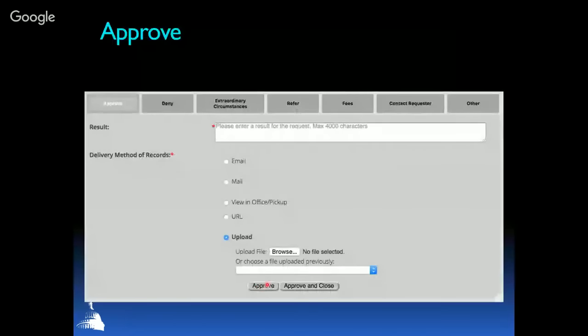If you press approve, right now there's not actually a way to close this section, so then you can't close the entire request. If you click approve and close, there will be an option for you to reopen that portion. So if you need to reopen it, you can. So just click approve and close. That way you'll either be able to close the request if you are done, or you'll be able to reopen it if you're not done.